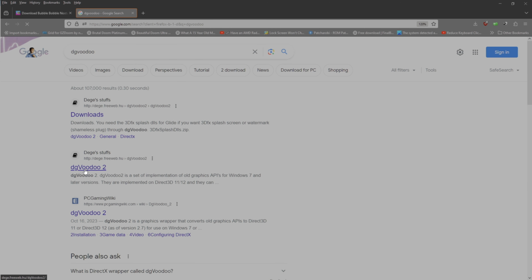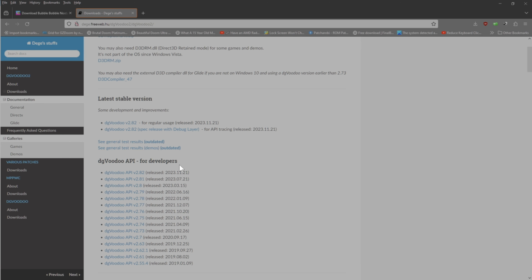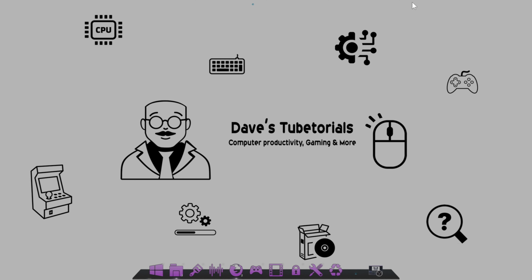So you're going to want to go on this one here that says DG Voodoo 2. You're going to go to the download section and download the latest version, which is this one right here. And then put that somewhere on your computer, preferably in the downloads folder. That way you have it ready when we're getting ready to install. So once that's done, go ahead and close your browser and jump into the